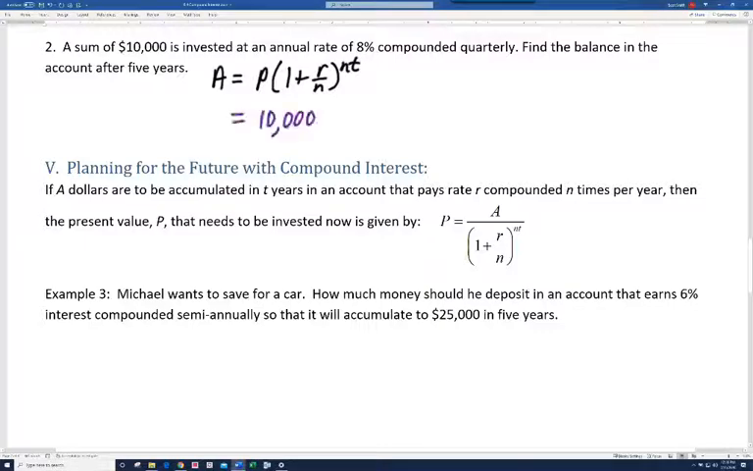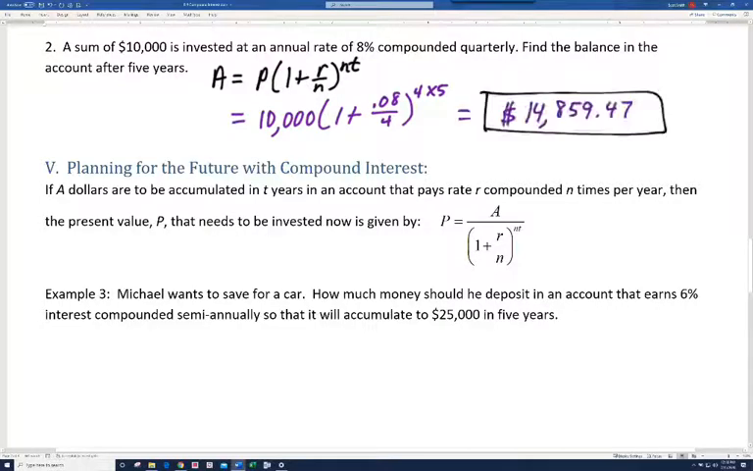All right, so there's your formula. You got your P here, your starting amount is $10,000. It'll be 1 plus the interest rate, which is 0.08 when you write it as a decimal. And compounded quarterly, we're going to use 4. And then it'll be 4 times 5, n times t, since it's 5 years, and n is still 4. And when you plug that in your calculator, you should get